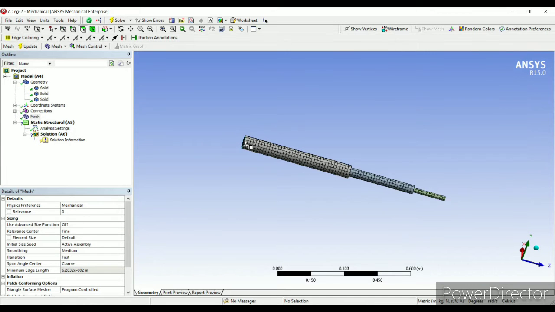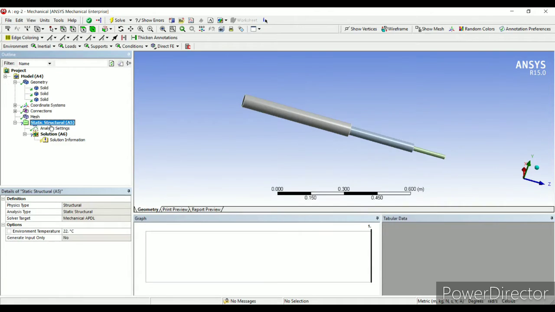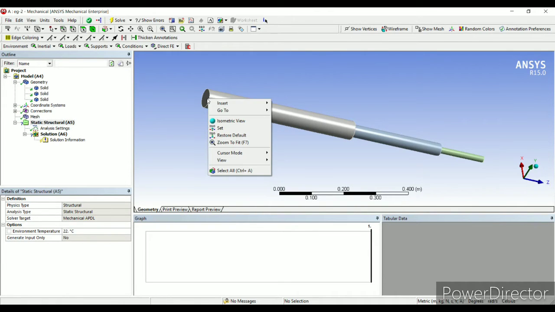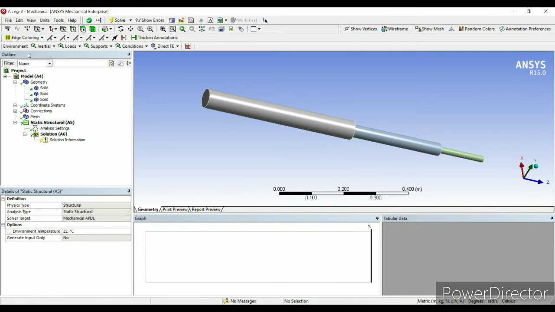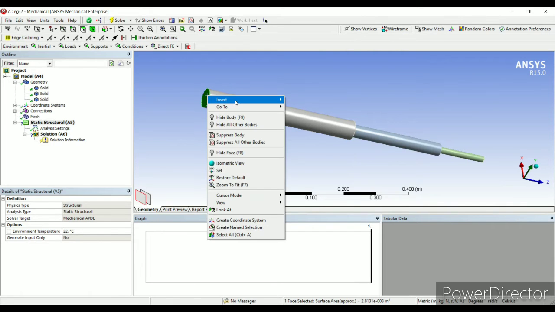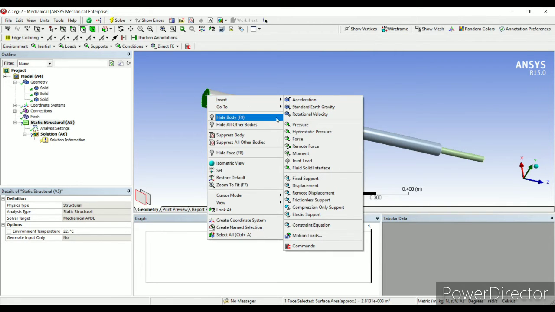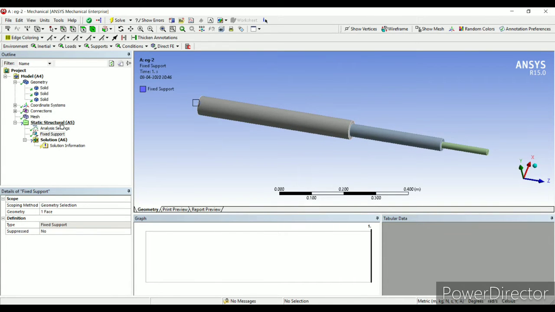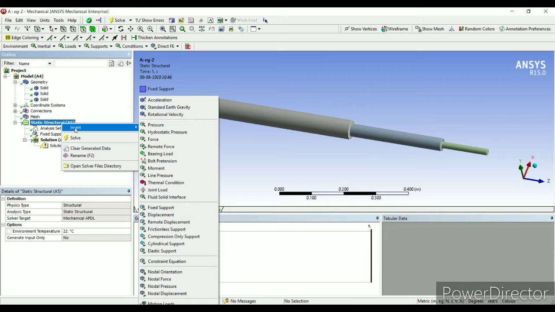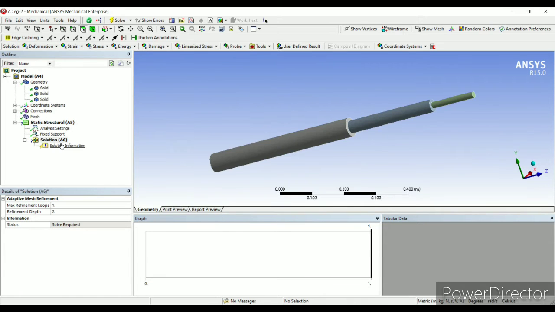So this end, I'll first click on static structural. Whatever I get by right click here, the options open up. Similar options also open up over here. You can also choose from here, but I will choose by taking a right click, insert, fixed. There's another place where the options open up, which is over here, right click, insert. So there are three ways.